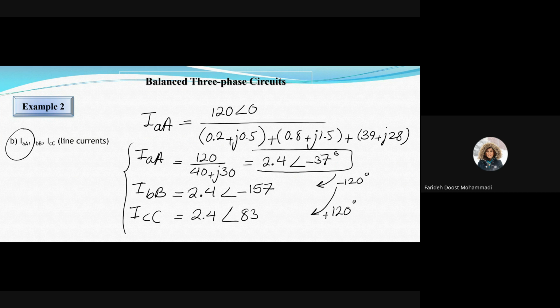Okay, so the next part of this problem is part C. It's asking for the load phase voltage. In this chapter, you have to be very careful about how the words are being used in the problem. So here I'm looking for the load voltage, and specifically its phase voltage. The nice thing about this part is the phase voltage is what I'm going to get with the single phase diagram. So when you have a single phase